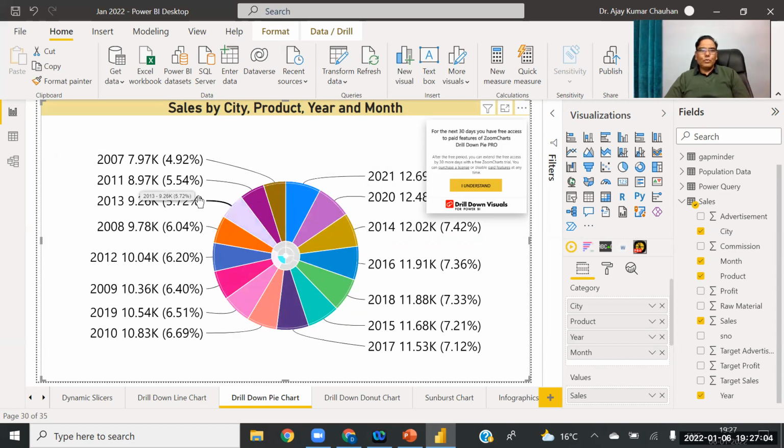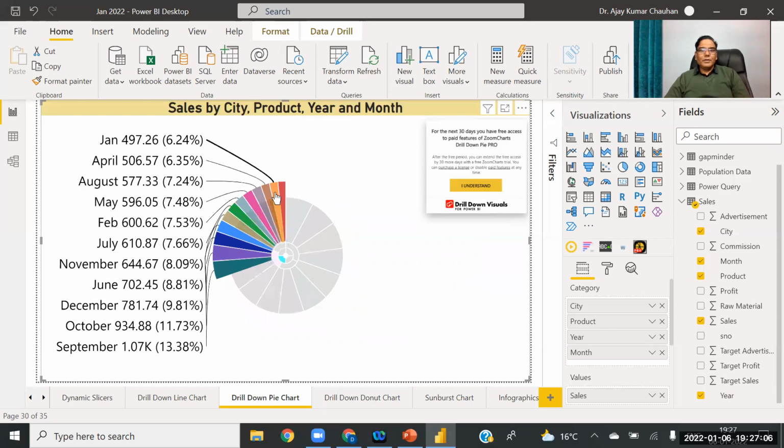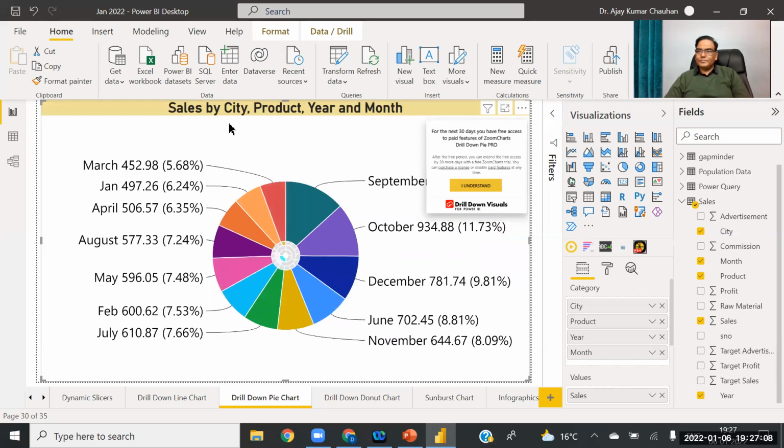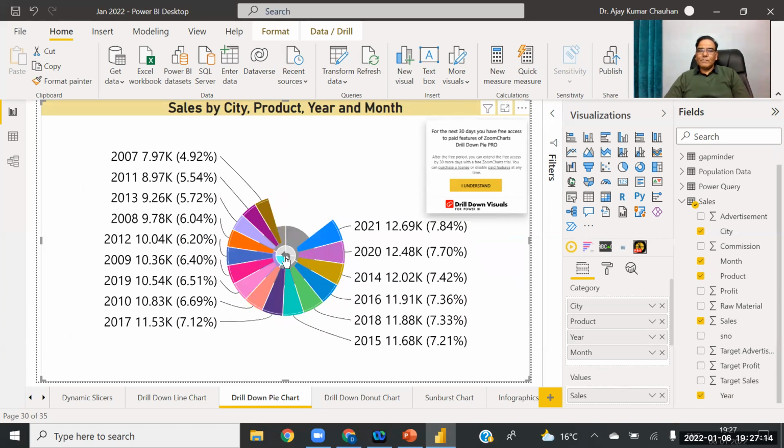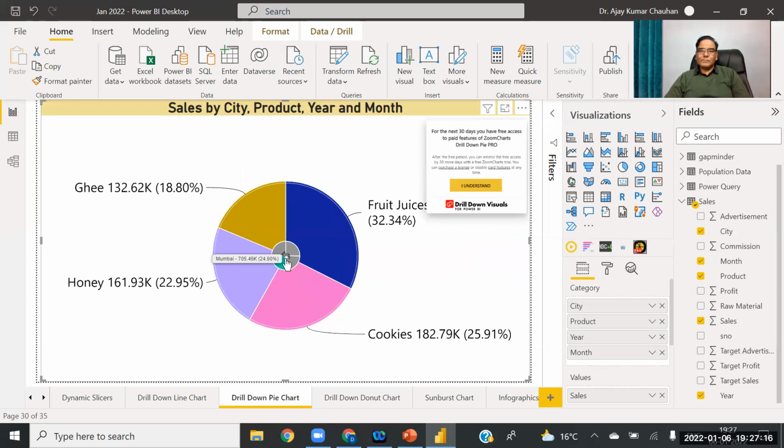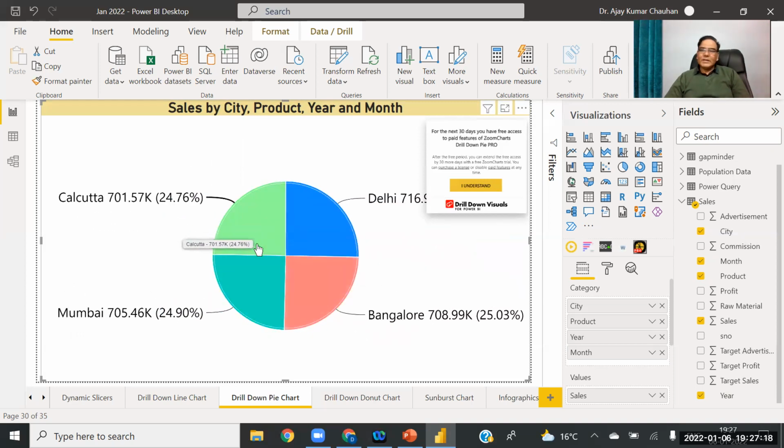Again, if you go to, let's say this, so month-wise sale. So why in one graph we have many layers? So this is the benefit of the drill down pie chart. So I hope you understand the importance of this chart.